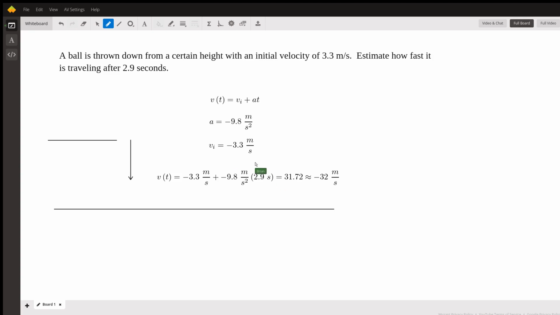In this problem, I chose to make this negative 3.3 meters per second just to highlight the fact that velocity is a vector quantity, so direction and magnitude are important. And the question says that the ball is thrown down from a certain height, so with an initial velocity of 3.3 meters per second. So taking the reference point as this height here,